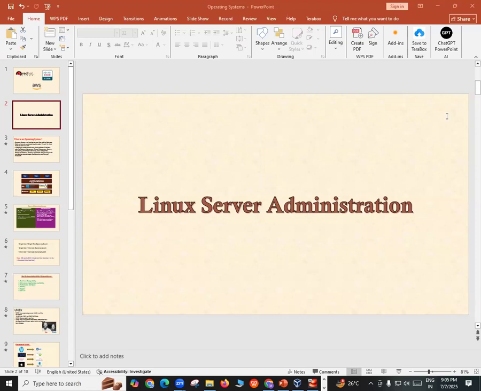Because if you want to go with DevOps, cloud is mandatory. If you want to go with cybersecurity, Linux and networking are mandatory. If you want to go with cloud security, Linux, cloud, and the CCNA part are mandatory. So please do not skip your Linux and CCNA, the networking part. You should never skip Linux server administration and CCNA. If you skip it and try to go with the other technologies, you will be confused. Instead of learning a technology in 3 months, you cannot learn the same technology in 1 year also, my friend.